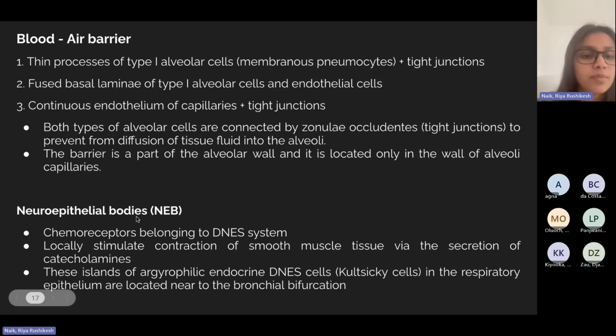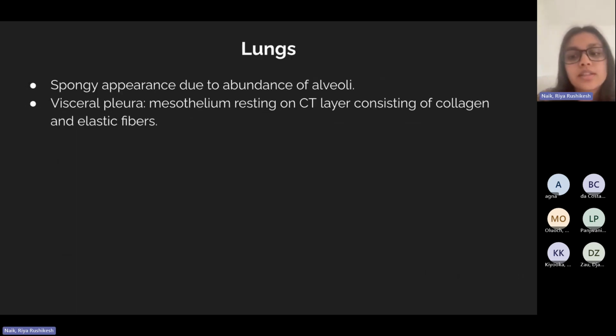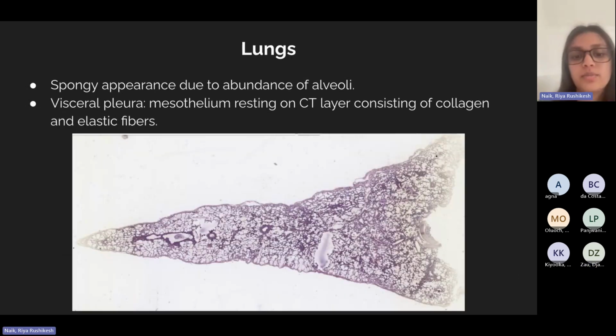There are these special type of structures which you can call neuroepithelial bodies, and their main function is contraction of the smooth muscle, and they are only present in the tracheal bifurcation, where it splits into further systems. This is the last part of the seminar, and this is basically just an overview of the lung